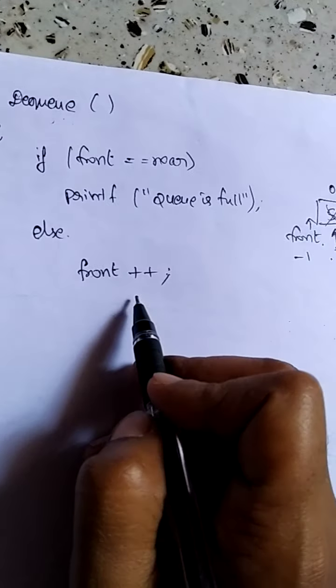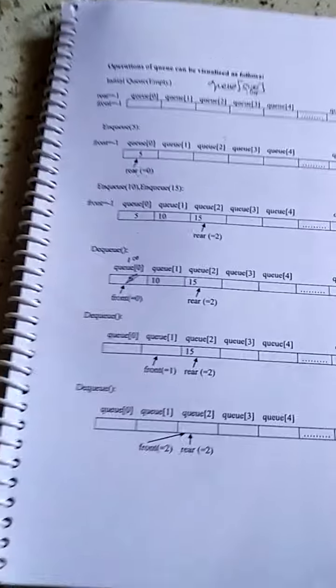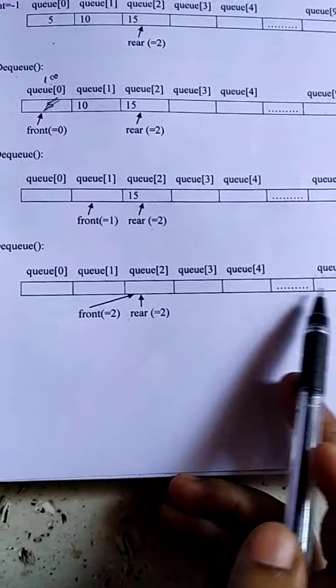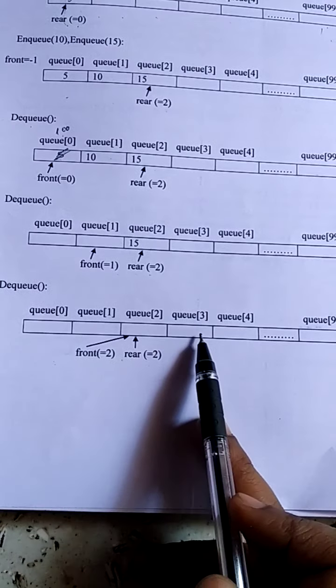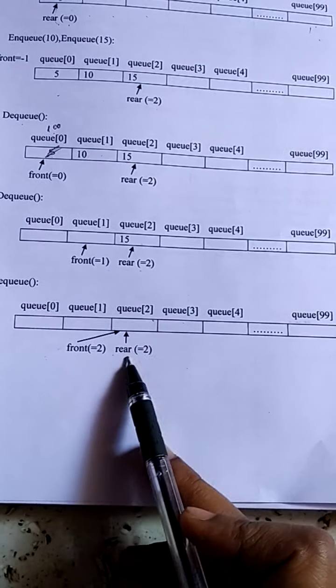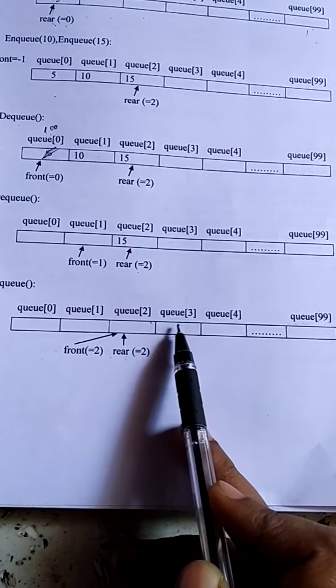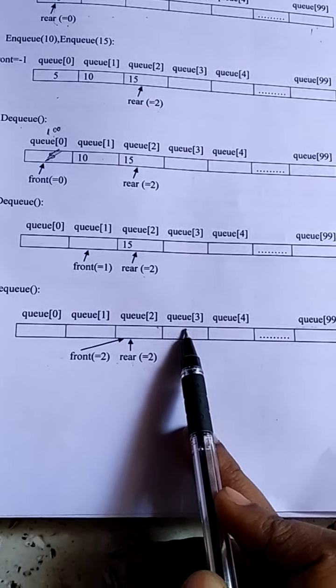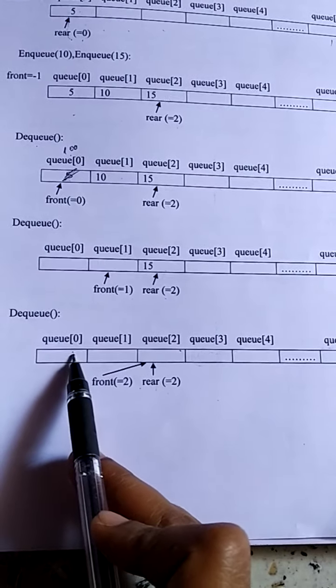Just increment the front pointer. Another condition here while deleting: whenever you delete, you have to check something. See this, here the queue is empty now, but the front and rear are pointing somewhere in the middle. Now whenever you insert any item, the new item will be inserted after incrementing rear, right? So rear will be 3, and your new item will be put here. But since the queue is empty, my new item should be inserted at the front, right?